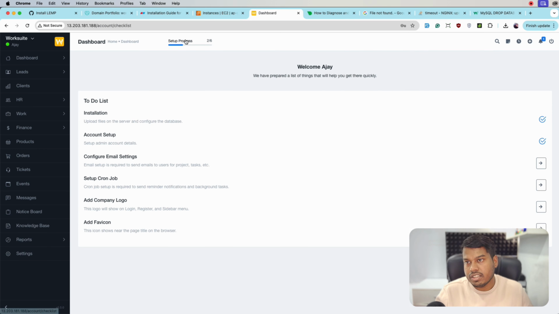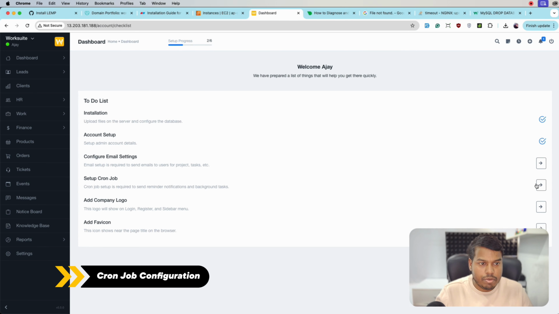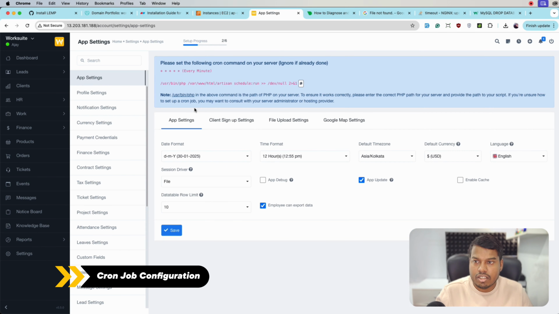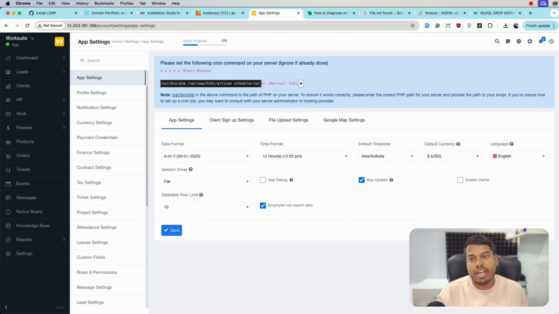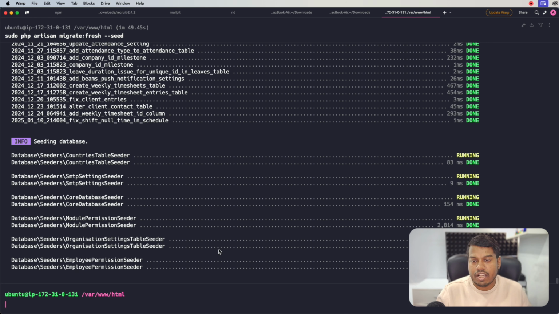So let's go to setup. Yeah, we are already on the setup. Here is the setup cron job. Let's see the command. So here we have a command, PHP artisan schedule run. So for that, what we'll do is we'll go to the terminal again, and here we will be running the command via user